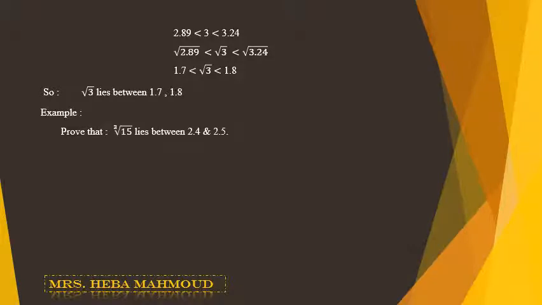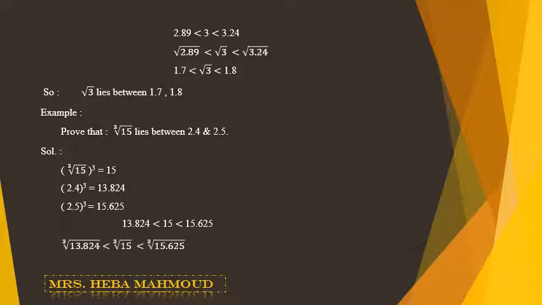Example, prove that the cube root of 15 lies between 2.4 and 2.5. Solution. Since this is a cube root, we'll raise each number to the power 3. First, the cube root of 15 to the power 3 will be 15. 2.4 to the power 3 equals 13.824. And 2.5 to the power 3 equals 15.625. So since 15 is bigger than 13.824 and smaller than